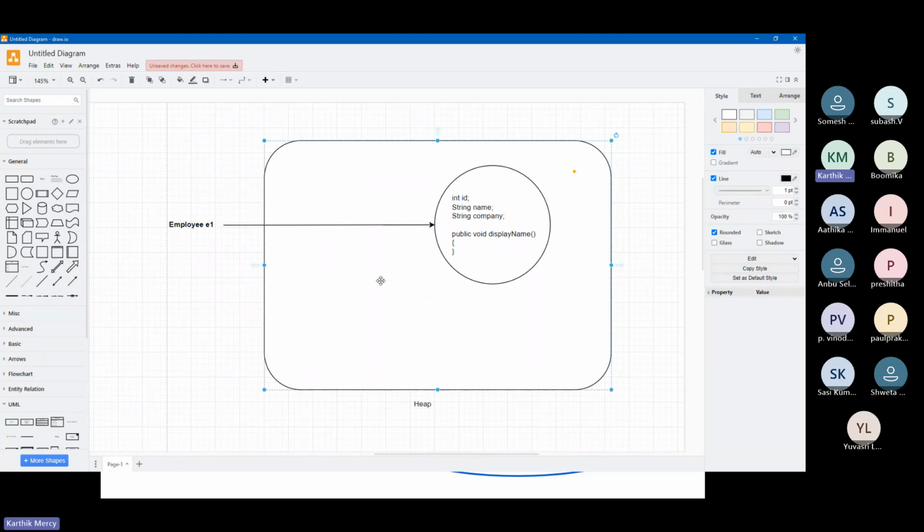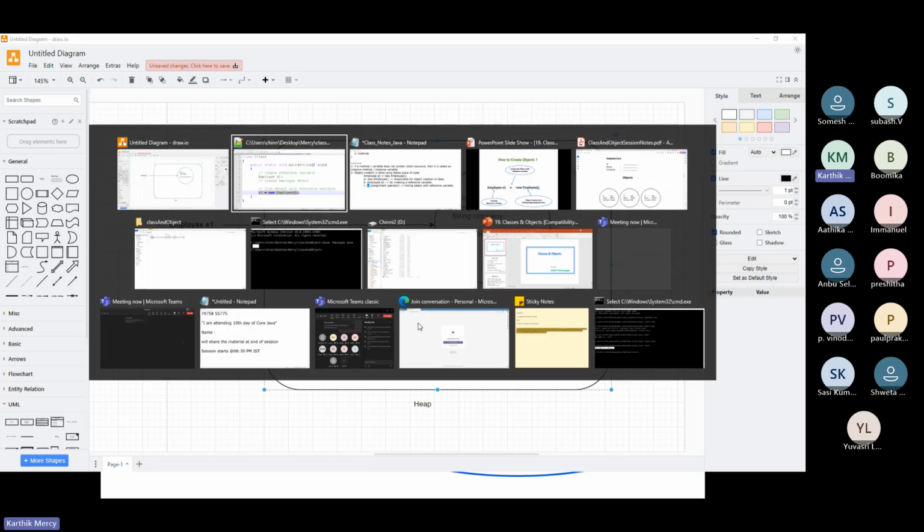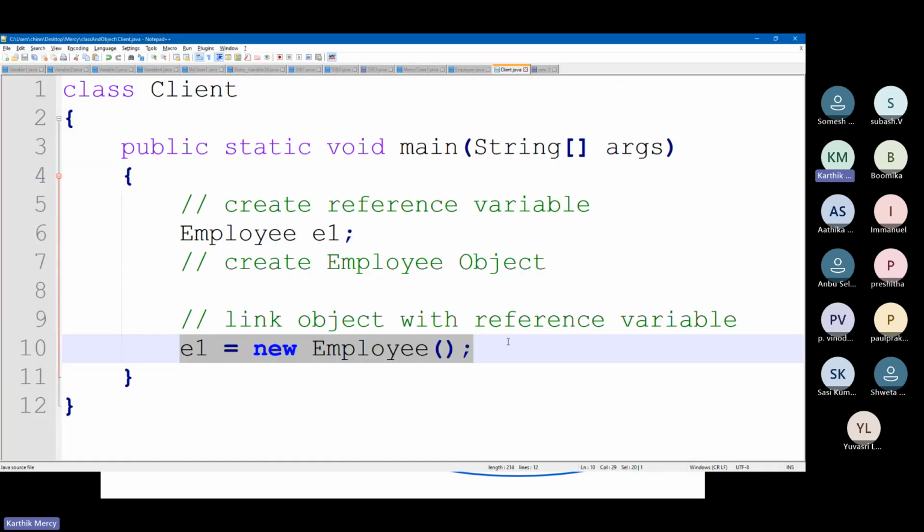This is so simple, guys. In my first line, an object got created in the heap, and I have a reference variable. For me to access that, I need to have a linkage. This linkage is provided using the equal to operator. Now I have the object created.